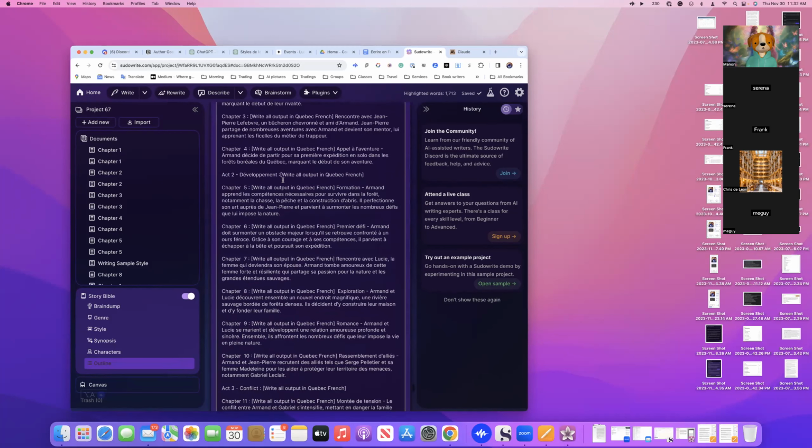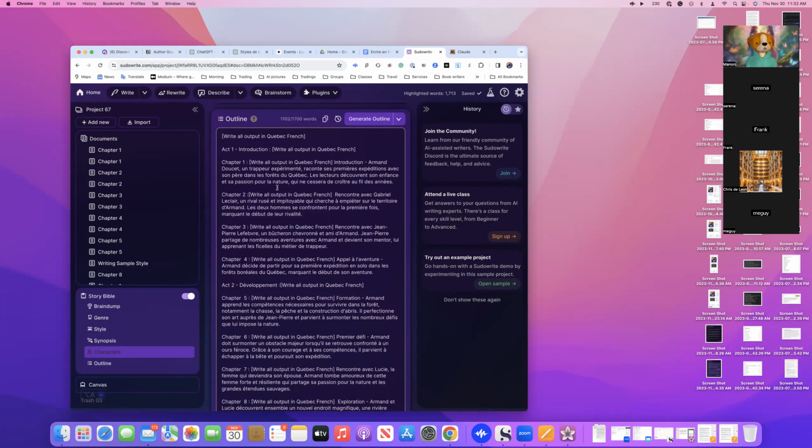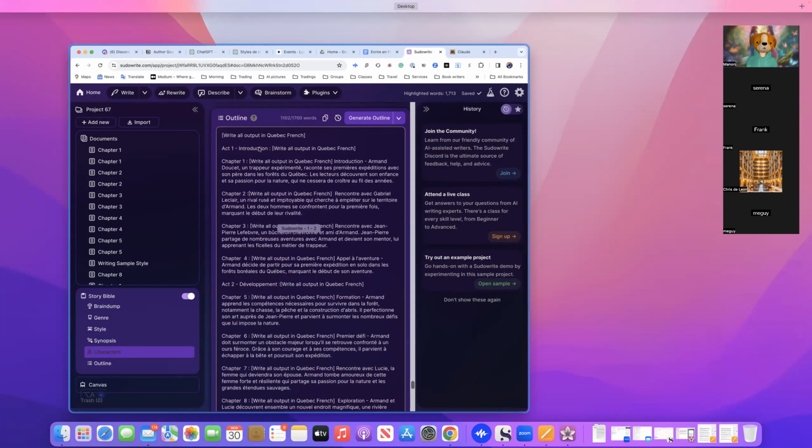And I did ask for the outlook, the outline. Well, I always say outlook. So the outline is,